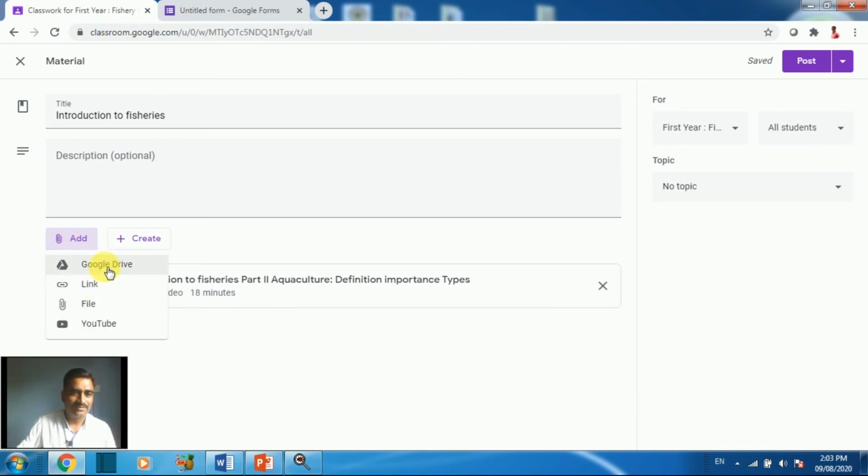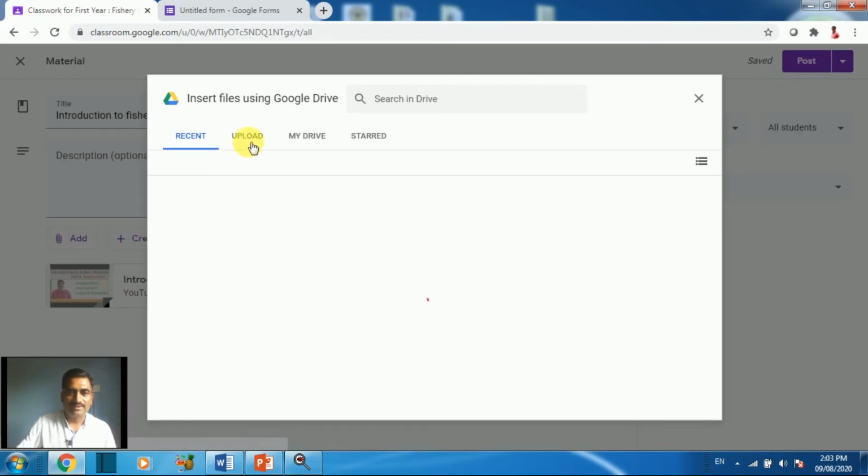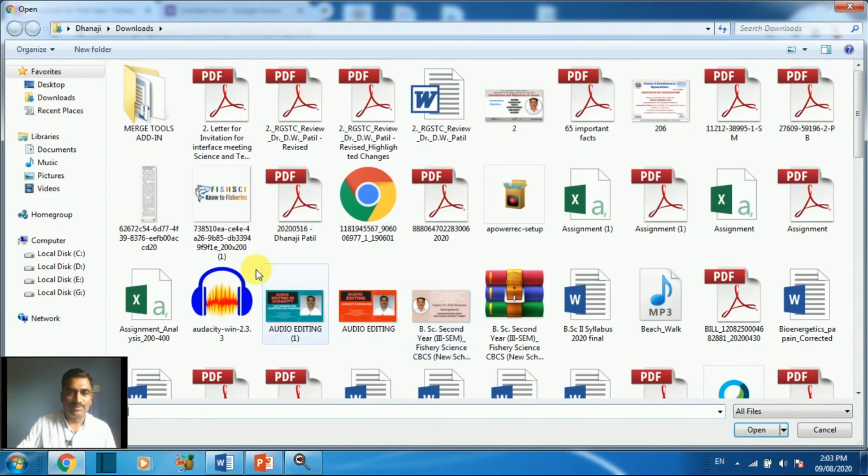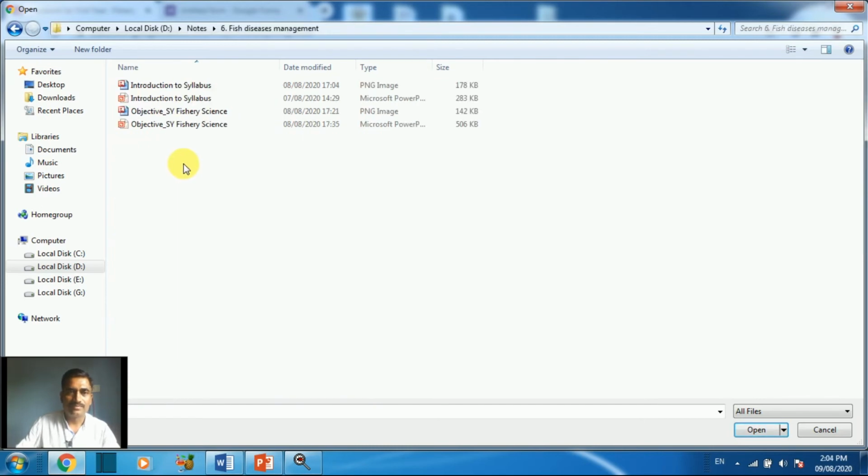Like that, you can add your material or file. If you want to add a file, just select file, upload file, browse your laptop, any files. If your notes, you can select here, or any PPT you have to select here, you can add here. These are PPTs already prepared. You can just select.